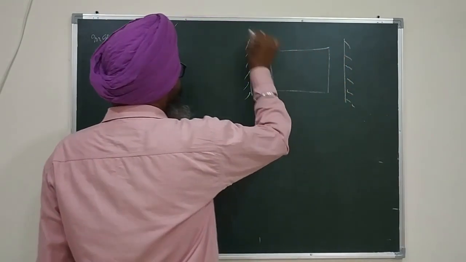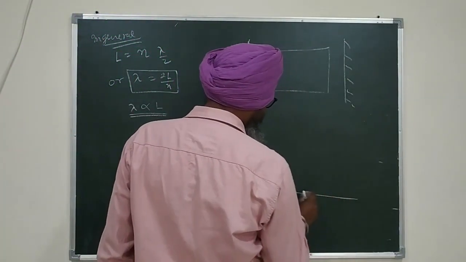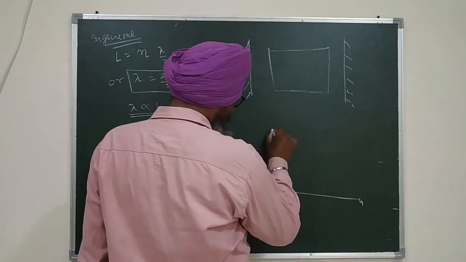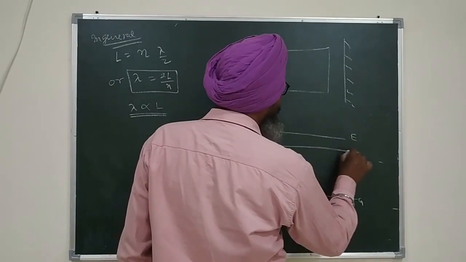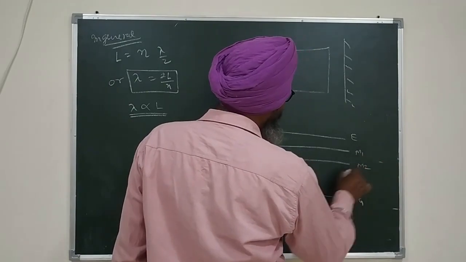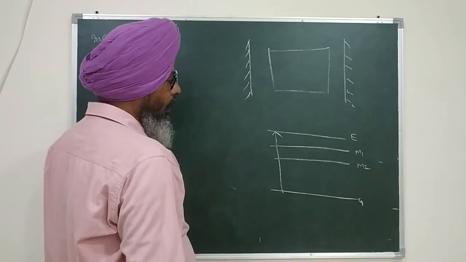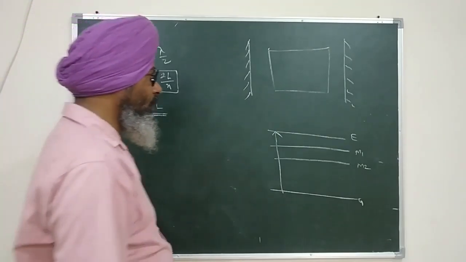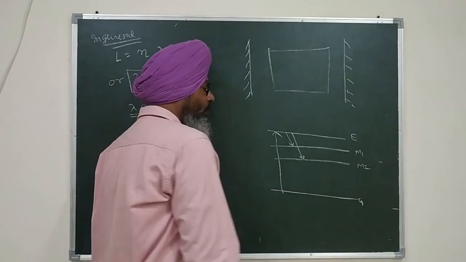Okay, so let us say our material has, let us say, this is G level, this is E level. Sometimes we do not have control over the energy states. Let us say this is M1 level, this is M2 level. The pump takes the atoms from G to E, and by chance let us say there are two metastable states, and the de-excitation from E to M1 as well as M2 both is allowed.